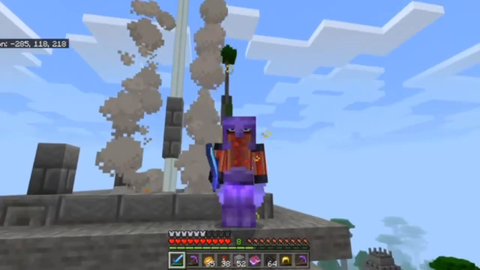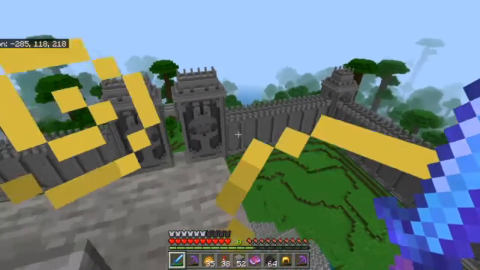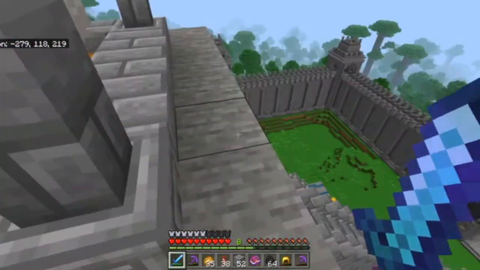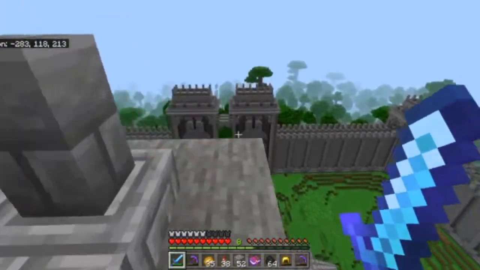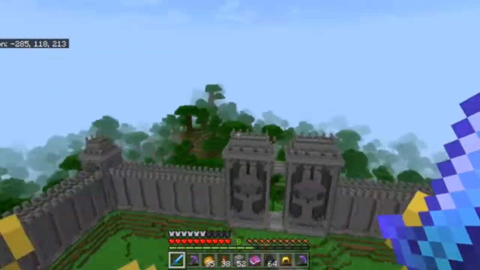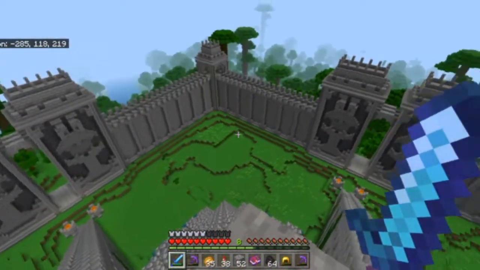And now we have arrived at the biggest base on the realm. Owned by Ivan the Veteran 8564, this gigantic Aztec temple base is the most detailed and biggest base on the server. And you can see that through the gigantic wall that he has made around his base,